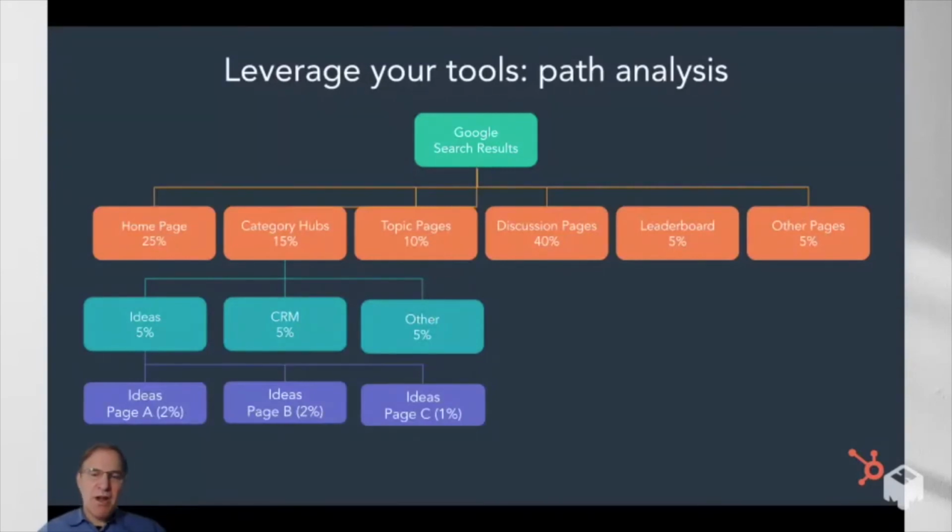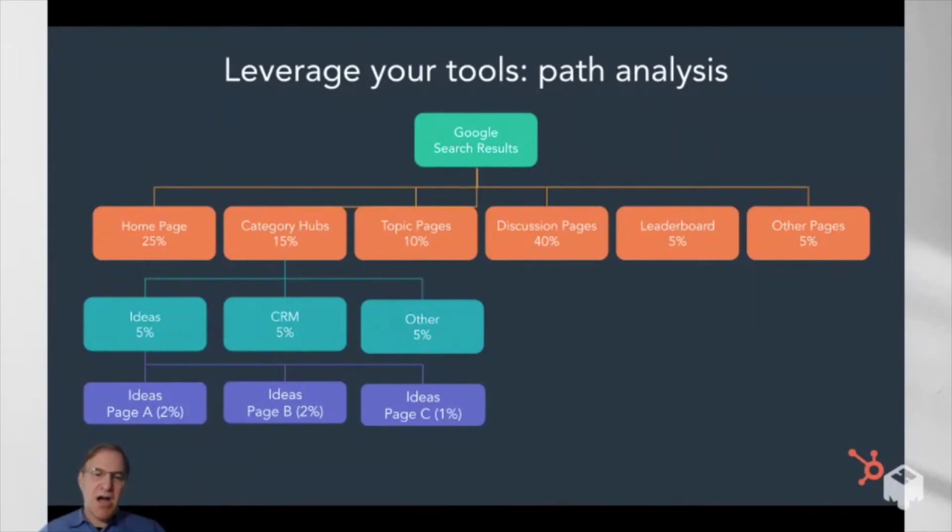Speaking of paths, one of the things we also look at at HubSpot is where people are going as they search deeper in the site. So here, path analysis is another key tool. You can use Google Analytics for that if you want, or Amplitude. So basically the orange is the first page they land on. One thing I want to call out there is, many of you probably know this, but not everybody goes to the homepage first, especially if they're using Google, right? So they could go to a category page, a topic page, a discussion page, and leaderboard. And so this really gives you a sense of how people move deeper in the site.